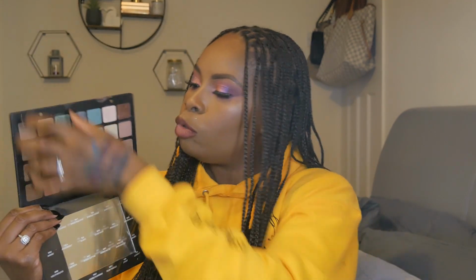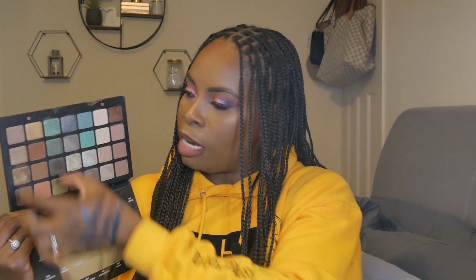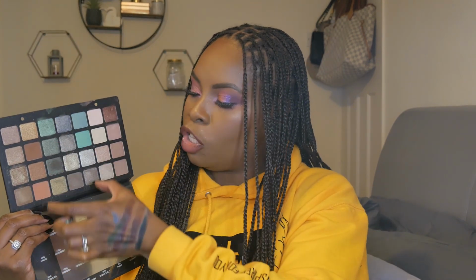As in, I can still do a brown look, but it's not your stereotypical. I can do a green look and it's not your stereotypical. And you can add this row here for a little bit more, not depth, but just a bit more dimension to the look that you're trying to create. And for that reason, and this is just an everyday staple. As in, if this is the only palette you've got in your kit or in your collection, you're not losing, you're winning. At number 3, we've got a surprise entry because I never thought I'd like cool tones,